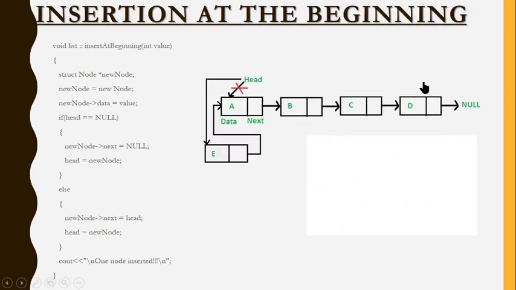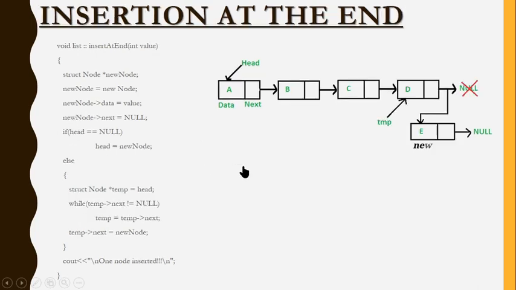If you remember in the previous slide, I made a connection with these two nodes. This node is named as new node, so I have a name for this node, and I want to connect with this particular node. This already had a name called head, so it is quite easy for me to bring the connection between head and new node. But in this case, I have a name for this node as new node, but I don't have a name for this node.